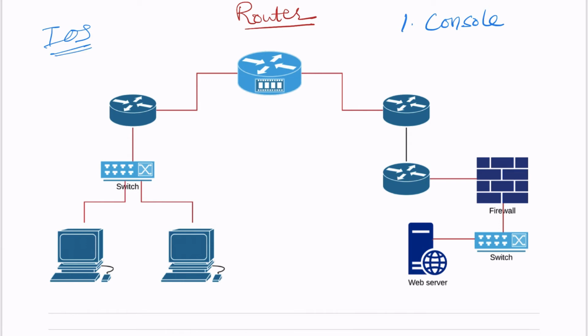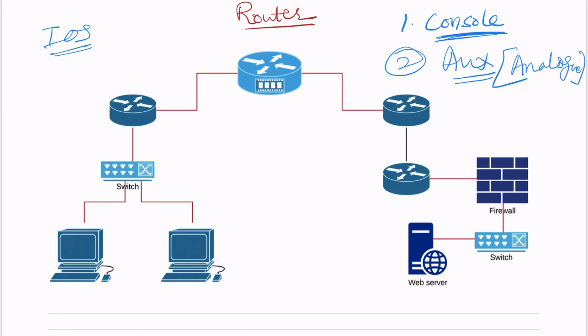You'll configure the IP addresses, you will set up the telnet connection, you will run the routing protocol, enable, disable interfaces. All can be done by console port initially. Second is auxiliary port. Auxiliary is also like taking the control of the router when there is no IP communication. It means it is used for connecting to router using analog lines. It is not very much used. This one is very much used. Initially you have to rely on console only.